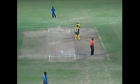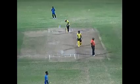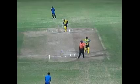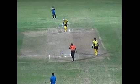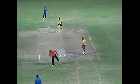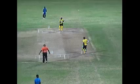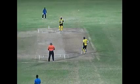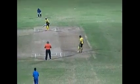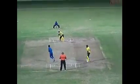That is Chadwick Walton at his best. Apart from being a good cricketer, a good batsman, he's a superb timer of a cricket ball. Very effortless in his stroke play, but a dangerous customer, Chadwick Walton. And he's just now getting into good momentum. Can he continue up to the 20th over? That will do well for Jamaica. And I think maybe a good tactical ploy on the part of the Jamaicans, bringing him down the order rather than at his customary opening bat spot, number 3, situation, so he can really take the momentum in the latter